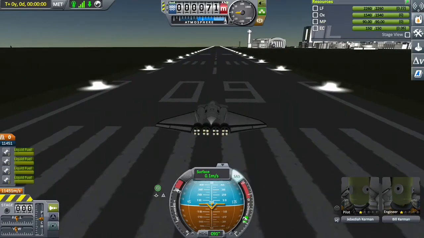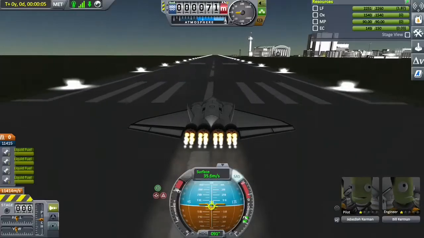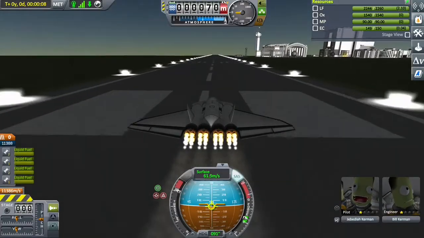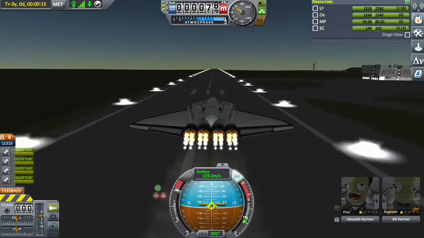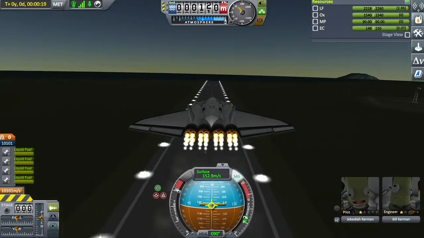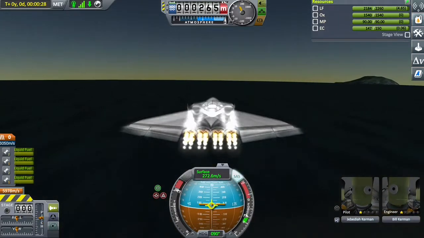Make sure you have that. It makes it a lot easier if you have the resource page in the top right corner of your screen, so that you know how much liquid fuel you're using in order to get an estimation of how much you're going to need to get all the way into orbit. And then